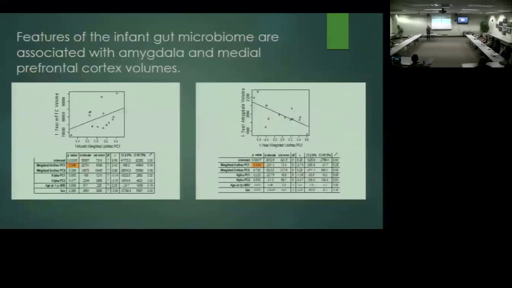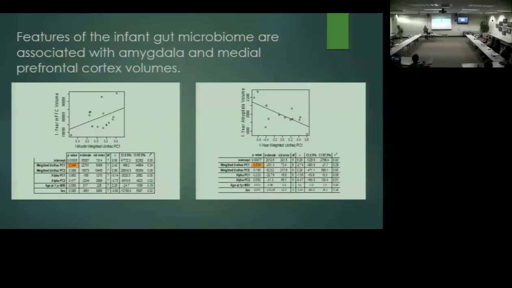Interestingly, we also see that there are correlations between gut microbiome features and brain volumes. We look specifically at amygdala, hippocampus, and medial prefrontal cortex, very important for fear processing and anxiety. So we can see that the 1 month